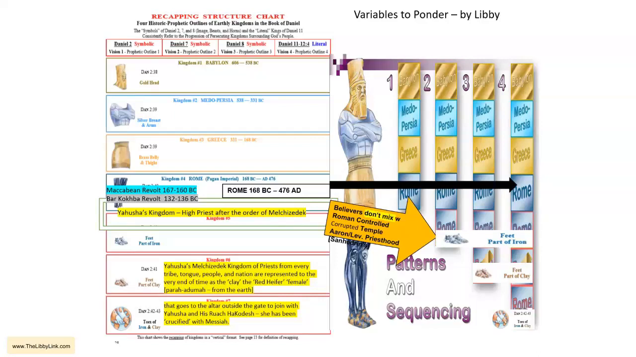So Yahushua HaMashiach ushered in his kingdom of priests after the order of Melchizedek from every tribe, tongue, people, and nation. And I see them as represented as the clay. Why? Because in a recent Shabbat study, we studied the red heifer. And I came across a study that Kimberly Rogers Brown did on the red heifer. Now, the red heifer most certainly represents Yahushua HaMashiach and the Ruach HaKodesh, but she brought in another angle that